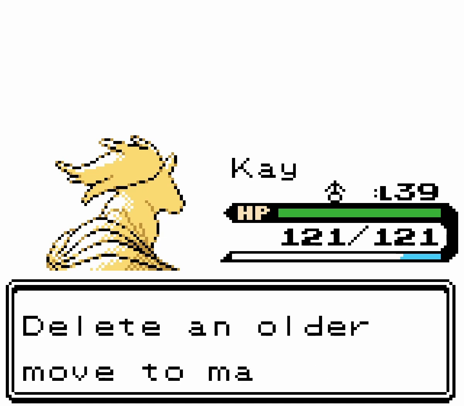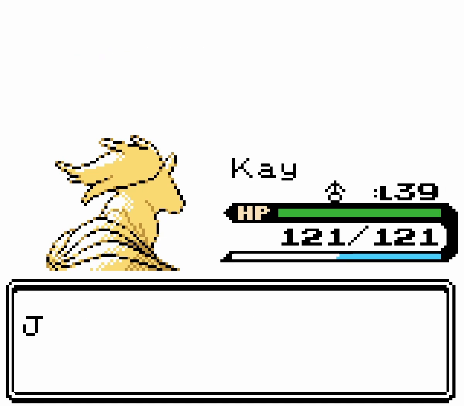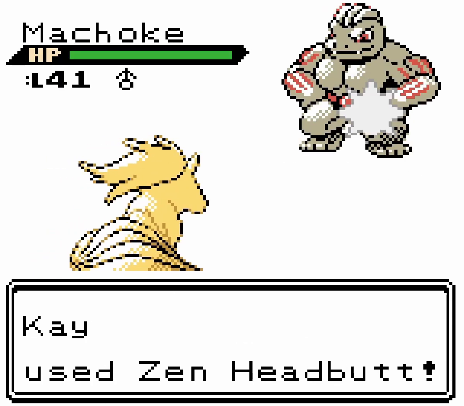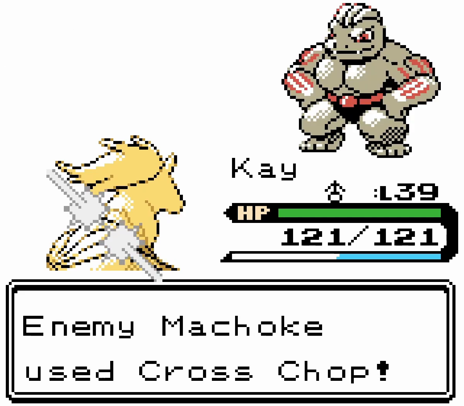Calliope wants Zen Headbutt. Psybeam is better. K gets a little XP too, and Flash Fire means my next fire type attack is boosted. But I'm gonna go for Zen Headbutt anyway. Flash Fire is so cool, but...